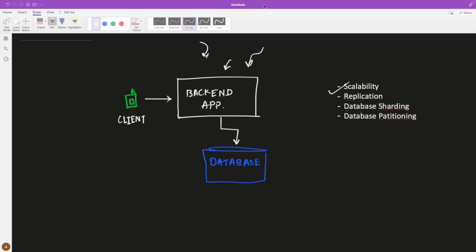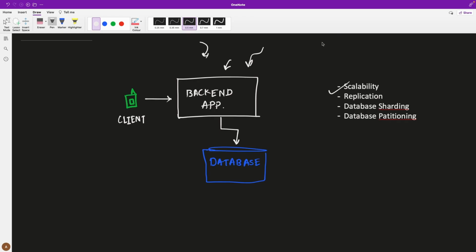Initially, like we discussed, we had a very small number of requests coming to our system, so we were easily able to handle them. Now as our system became popular and we got more and more requests, because of the limited resources, we were not able to handle these many requests. So what could be the easiest solution in this case? How can we handle these many requests? One simple solution would be to throw in more hardware.